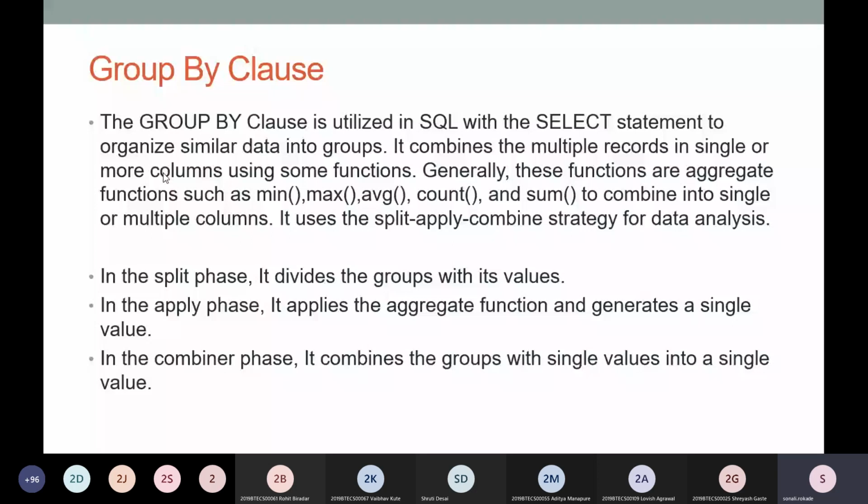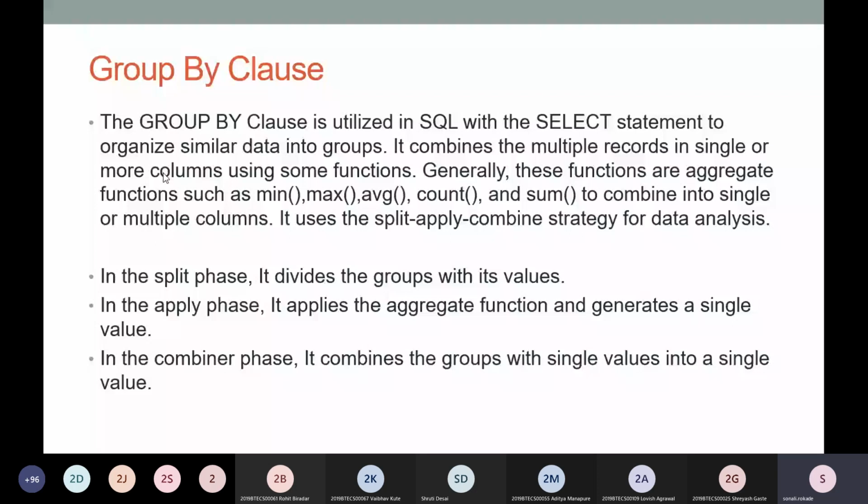This group by clause works on the select statement to organize similar data into groups. So we can combine the multiple records in single or more columns using some function. So what are the functions? Generally we use aggregate functions like minimum, maximum, average, count and sum to combine into single or multiple columns.